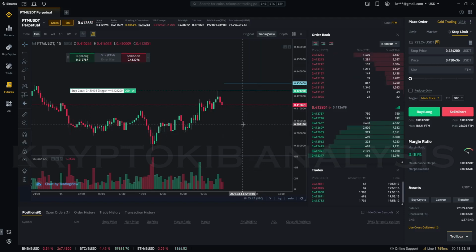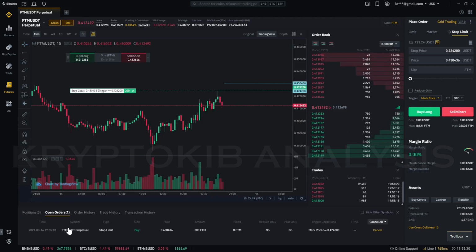Can you see that? If I come to the open position now or open orders, I can actually see the order has been placed. Now, this order is here at this particular resistance point. That is the point I want to break before my order is placed here using the stop limit. If you look at the condition here, stop limit, trigger price is 0.424, which is this resistance line. What that means is when price crosses above this particular trigger price, my order will enter the order book at this point I want to place my order.